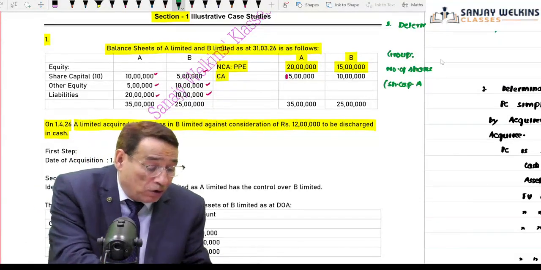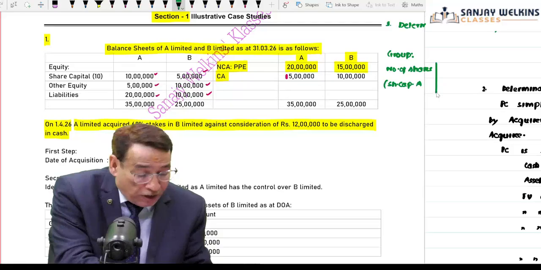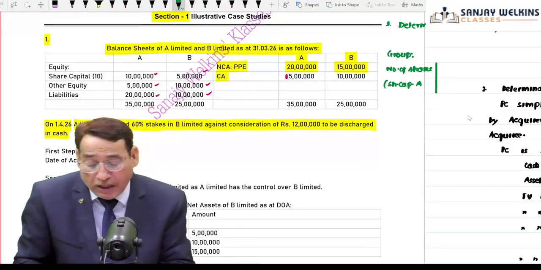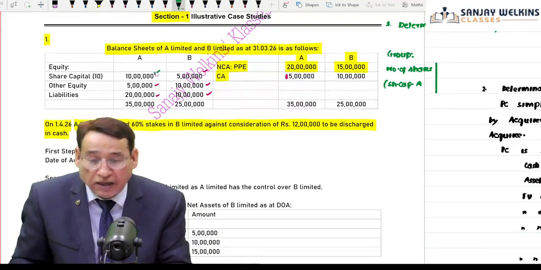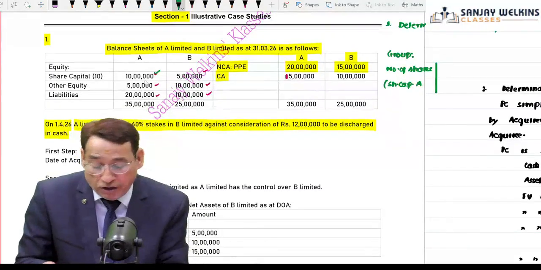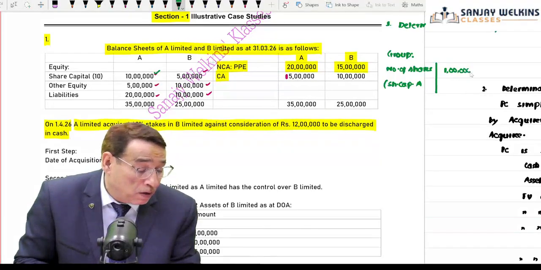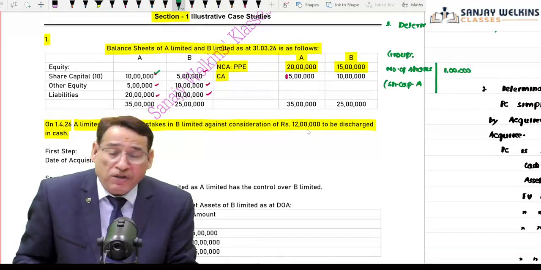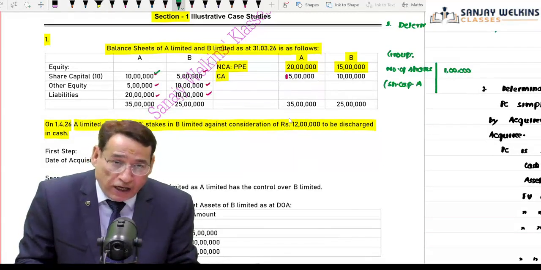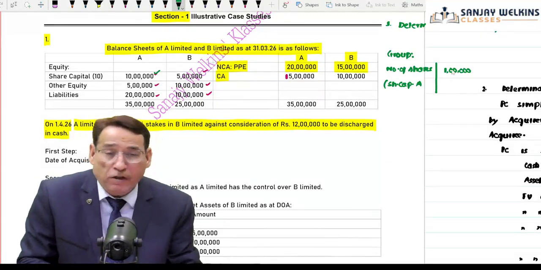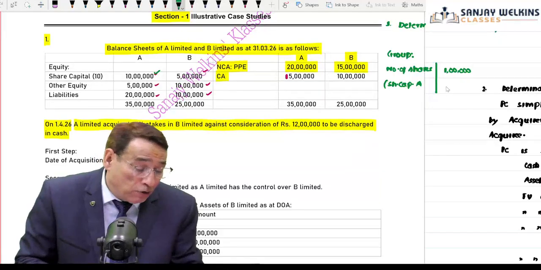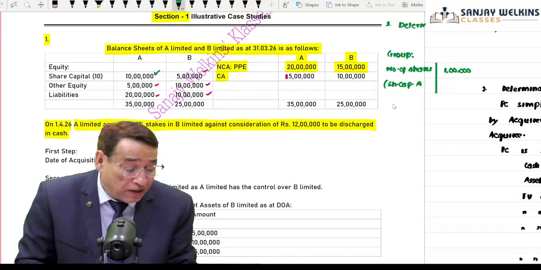So the total share capital of A we have already seen in the balance sheet, that is equal to 10 lakh. This is total share capital and one share is of 10 each. So number of shares is 1 lakh. And remember, you are discharging the consideration by way of cash. So that is why your share capital will remain 1 lakh. Now out of this 1 lakh, we can say that held by